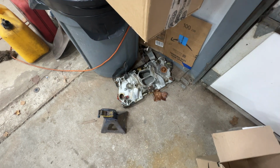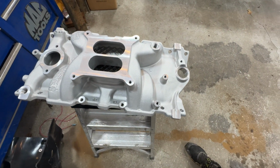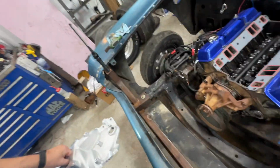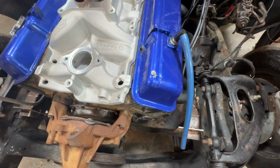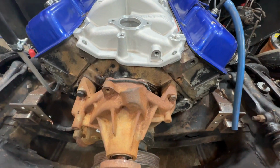Alright, so we got the old intake off. And we're going to put this new intake on. I'm going to show you something that I like to do that's pretty simple. I put the intake gaskets on, just kind of set them there. Lay the intake on here. And then I like to get down here